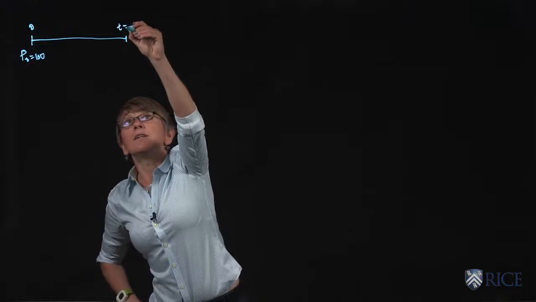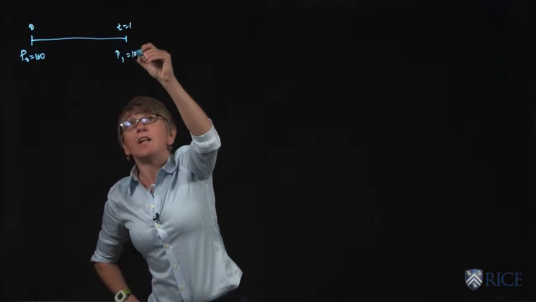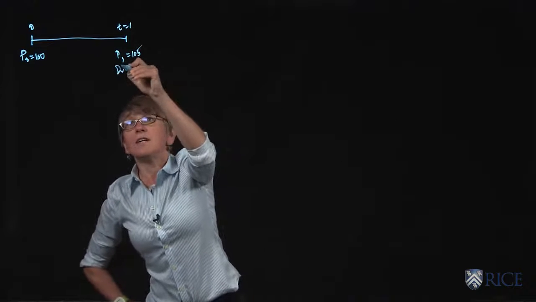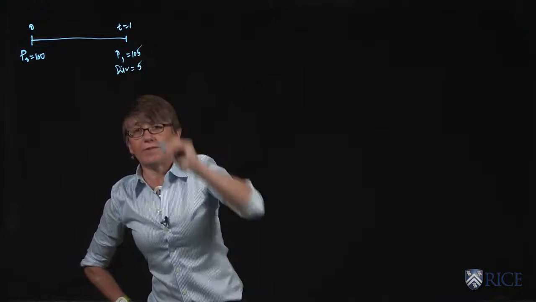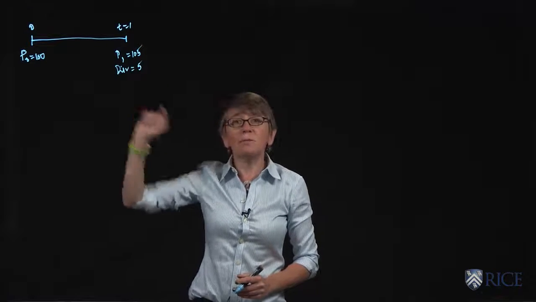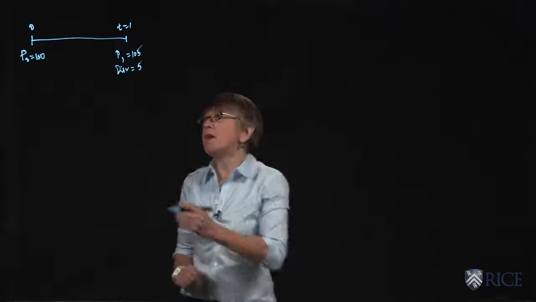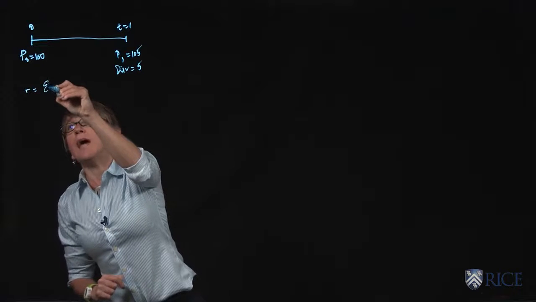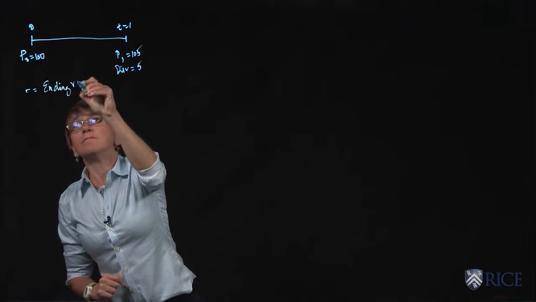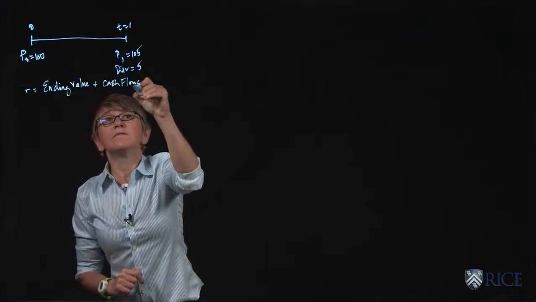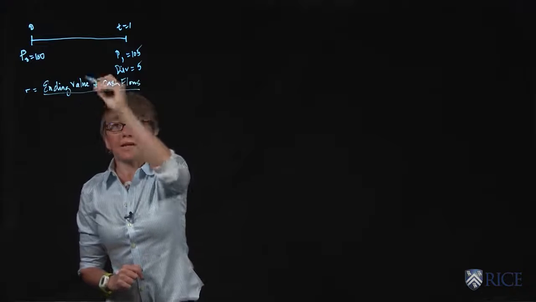Let's suppose that the price per share at t equals 1 is $105. And let's say that over the year you also collected cash dividends of $5, right? So your return over this period, or your holding period return, is given by, in general, the ending value plus any cash flows you receive, divided by the beginning value